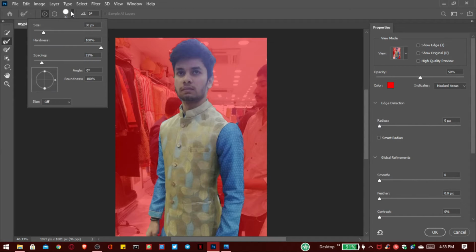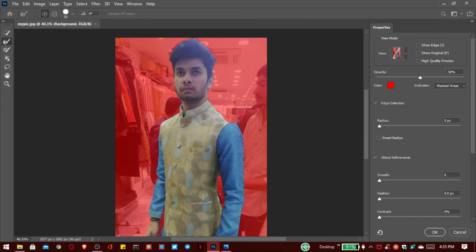You can also increase this size, but this is perfect for me. Now we have to brush over our edges to remove the sharpness like this. Do this process for the whole image because we want to remove sharpness.